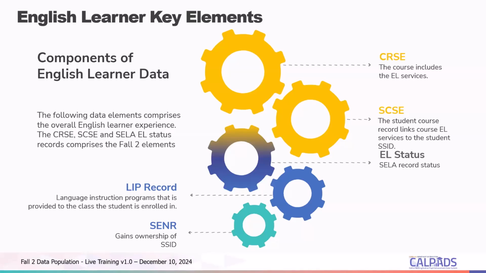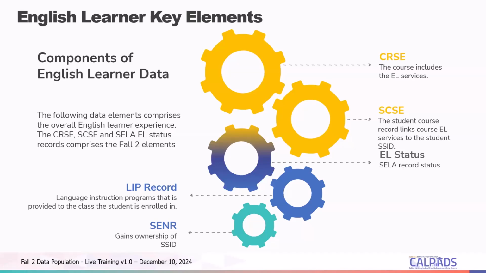All course section records should have an education service code populated in order to avoid the CERT 104 error. But we should note that for course sections that are taught by more than one teacher, the value in the education service code field should represent all of the services provided in the course section. So a combination of the services that both teachers are providing.